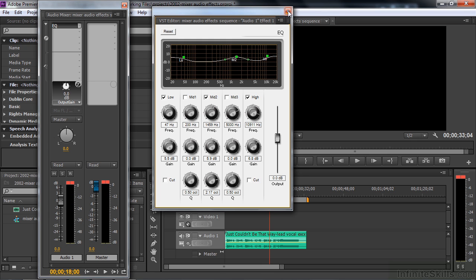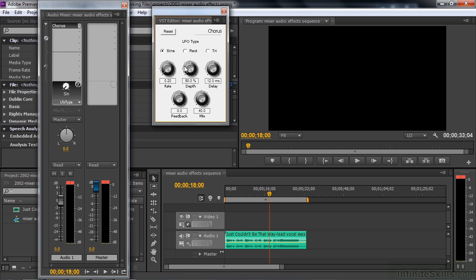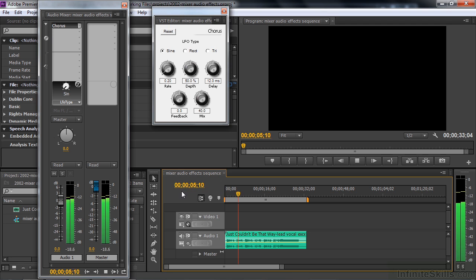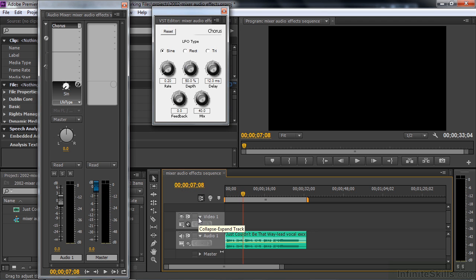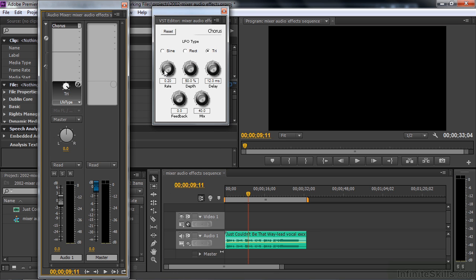And if I were to go, let's say, to one of the 3 effects that uses the same interface, phaser, flanger, and chorus, the same kind of thing would happen. I'll go to chorus, for example. Chorus seems to be even less cooperative. If I open up the editor there, that's the editor for chorus. I'll just play this for a moment. What you're hearing is kind of the default chorus. Now if I right click on this and say go to negative or something like that, it doesn't change. But if I do make some change here,